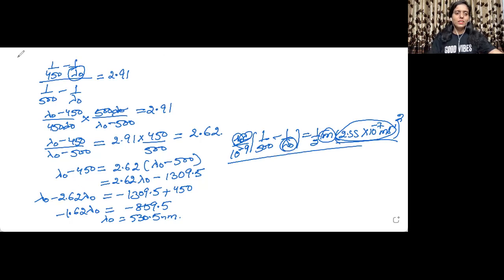Okay, so let us now move to the next question, question number 53. Let's see what it says. The ejection of the photoelectron from silver metal in the photoelectric effect experiment can be stopped by applying a voltage of 0.35 volt, when the radiation of 256.7 nanometer is used. Calculate the work function for the metal. We need to find out the work function, that is h nu naught.